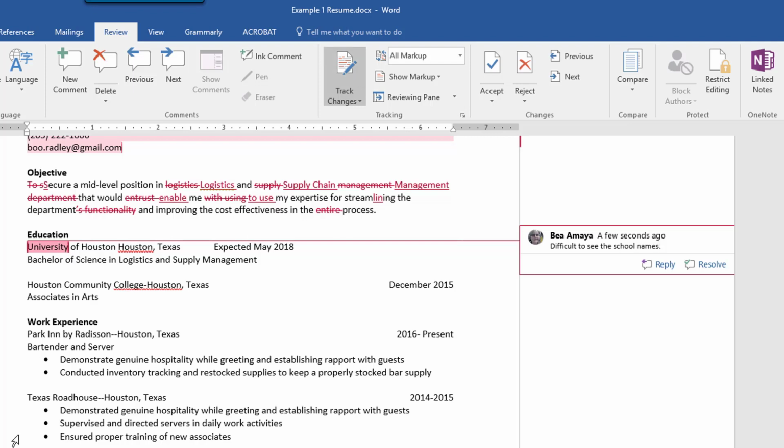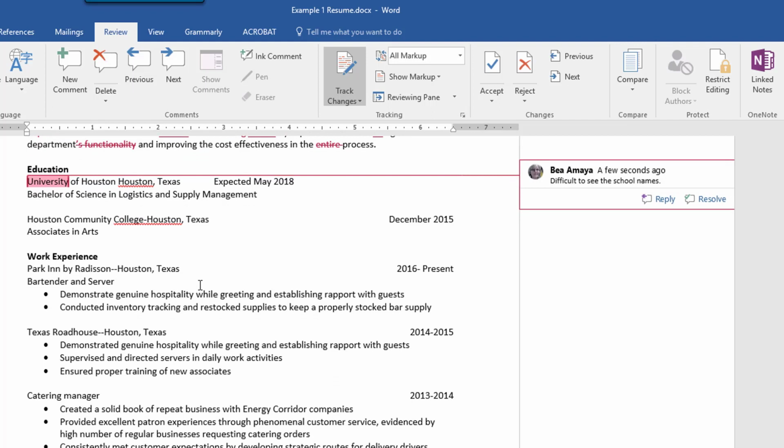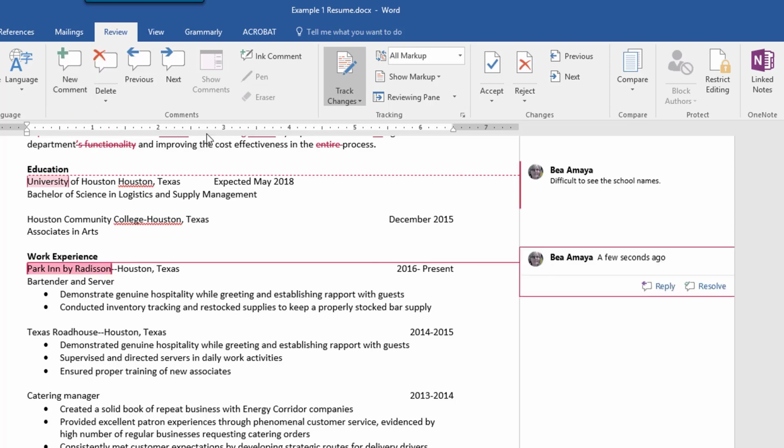It's hard for me to pick them out, so I'm hoping he'll take the hint and use bold or italics or something to help that. But it happens down here in the work experience as well. It's really hard to pick out which ones have the company name. So I'm going to put that same comment: difficult to see the company name. And then whatever this person does at the top under education, I hope they'll follow suit